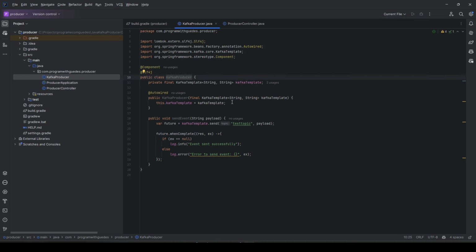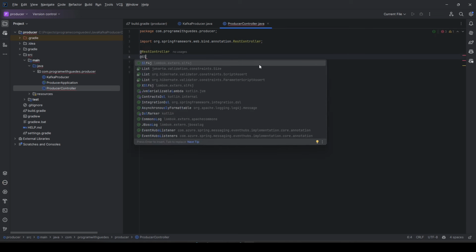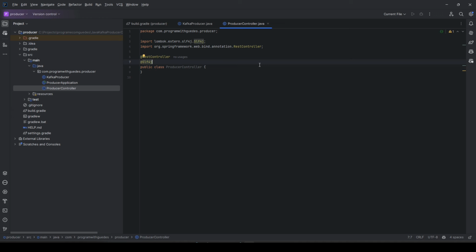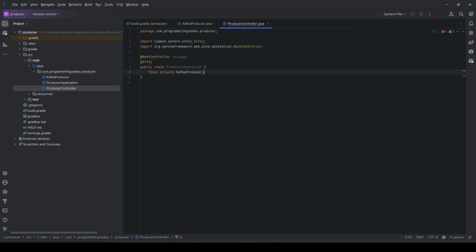Next, to open the ProducerController, it's necessary to add the RestController annotation and the Slf4j as well. Create a property for our KafkaProducer and inject it in the constructor.